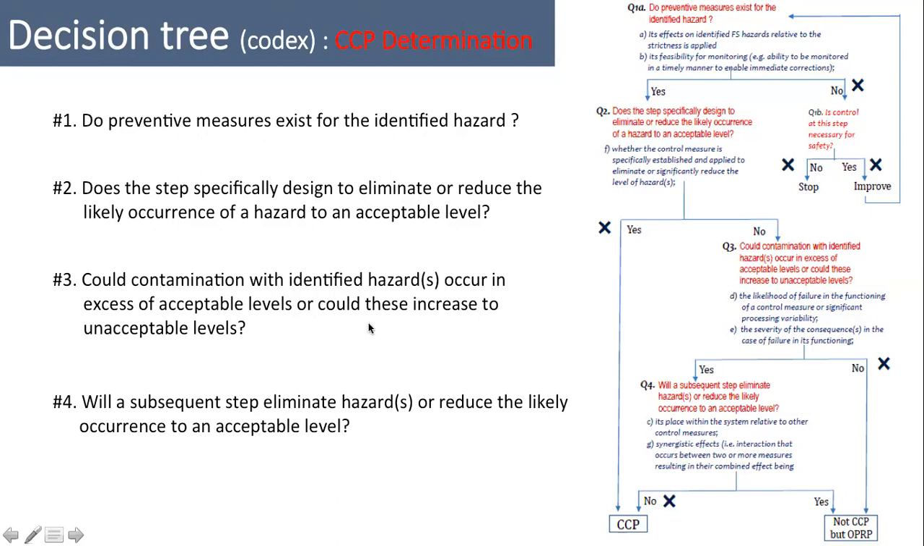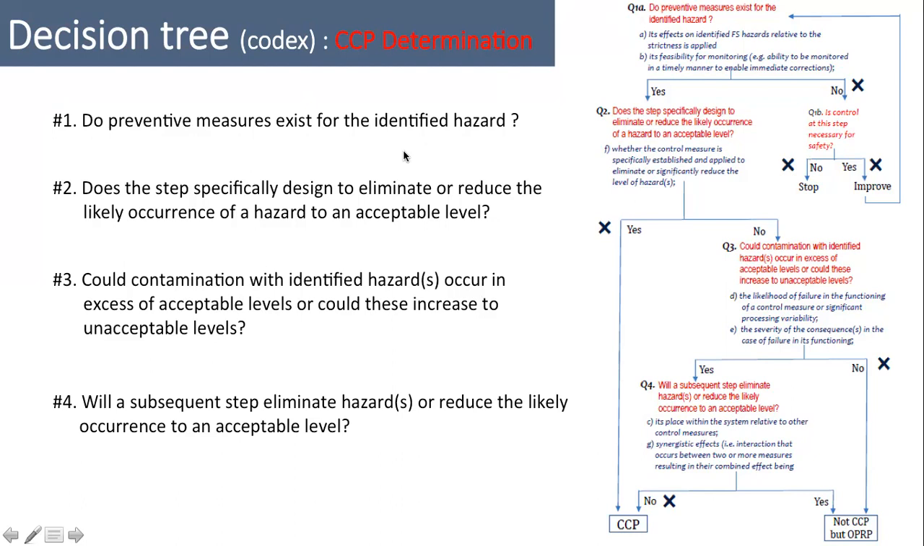So there are 4 questions and one sub question, right? Then one by one, we are going to ask these 4 questions. Do preventive measures exist for the identified hazard? Preventive measures are available or not? This is the first question you can see here. If yes,